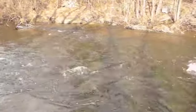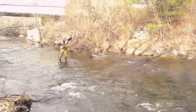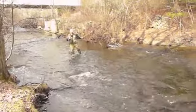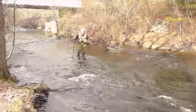Just a word about the tackle that's being used today. I've got an 8-foot Bat and Kill bamboo rod and an Orvis CFO reel. If you're in the market